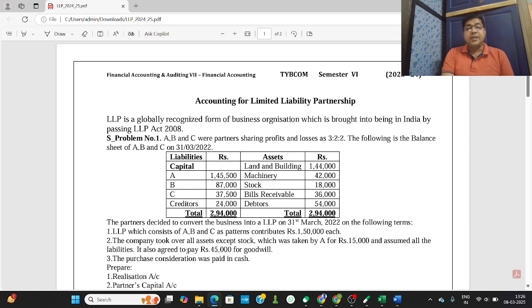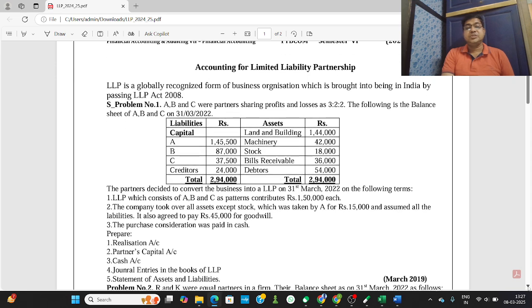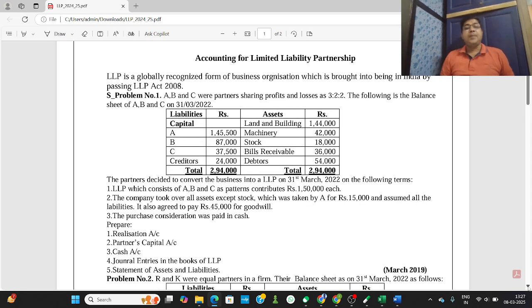It also agreed to pay rupees 45,000 for goodwill, and the purchase consideration was paid in cash. Prepare realization account, partners capital account, cash or bank account, and general entries in the books of LLP and statement of